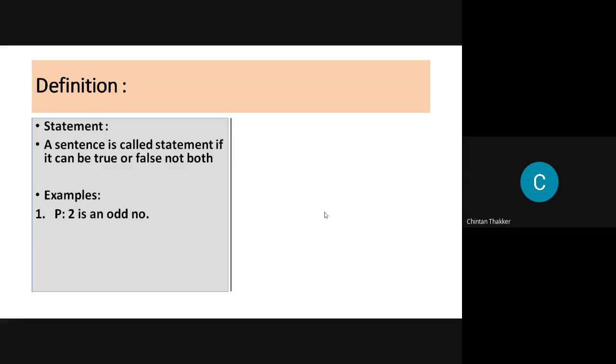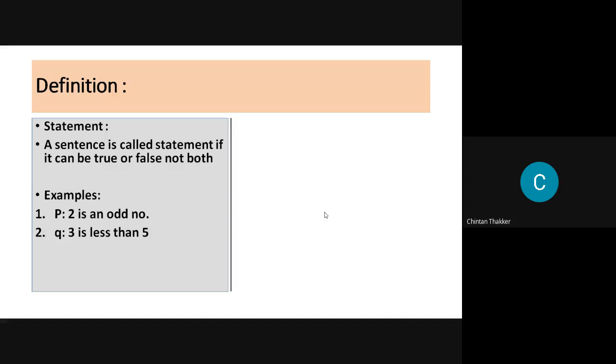It is not a statement because no specific time or place is given, so we cannot give this sentence a true or false value. Yes, it has a true or false value depending on place and time. So this is a sentence, not a statement.